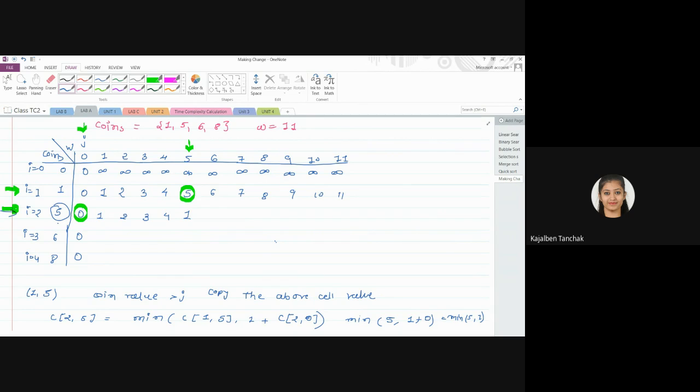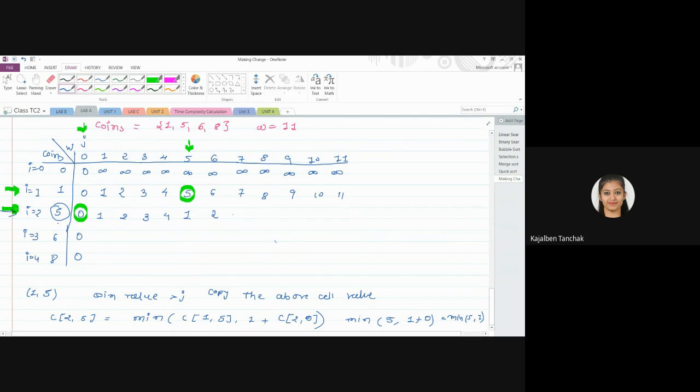1. Here the agenda is that we have to find out the minimum, right? Now for 6, if you want to pay 6 rupees, 2 coins: 1 five-rupee coin and 1 one-rupee coin. So the simple logic is this. If you use the formula, copy the above cell value 6, right? 6 minus 5, go to column number 0, 0 plus 1 is 1. Sorry, column number 1. 1 plus 1, the answer is 2. Out of 6 and 2, the minimum is 2.